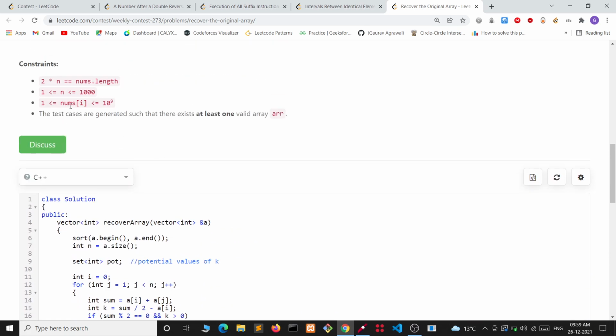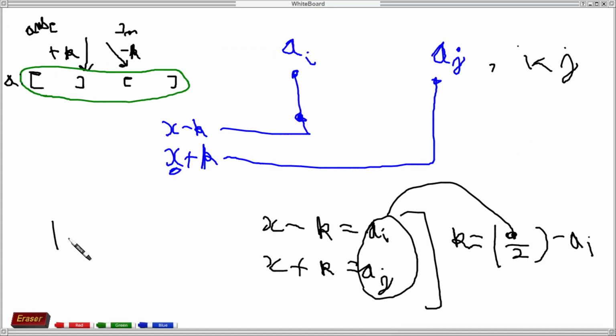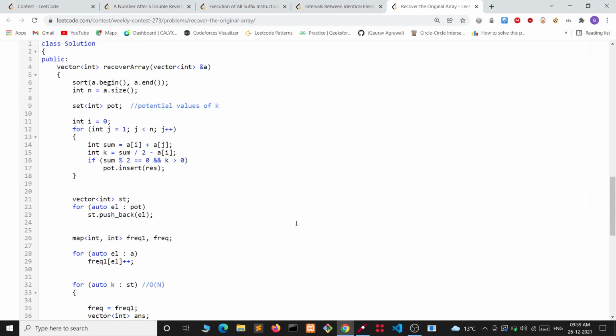As we can see, n can go up to 10 to the power 3. So our complexity can go up to 10 to the power 6 log 10 to the power 6, which will be sufficient to pass.